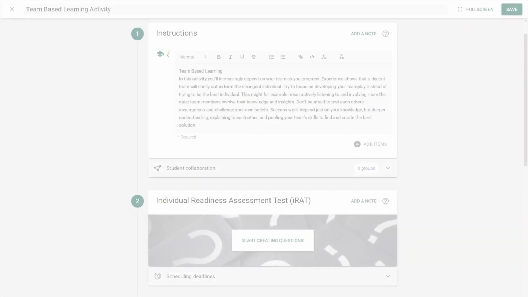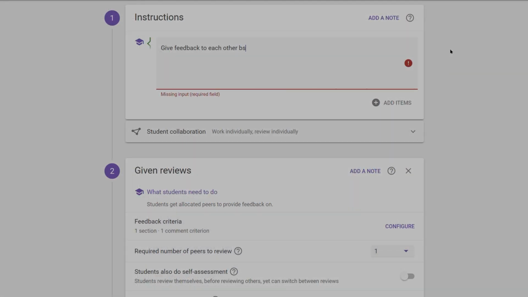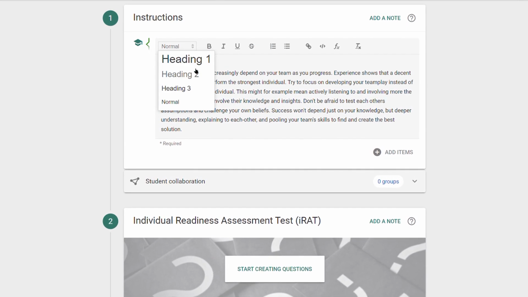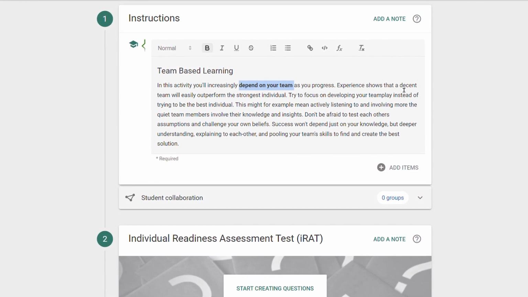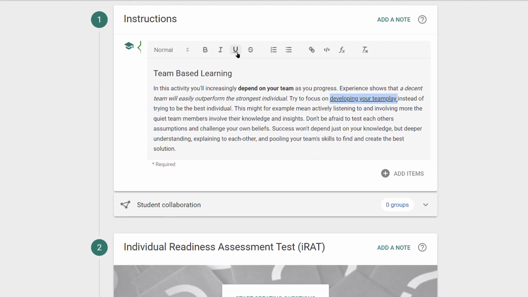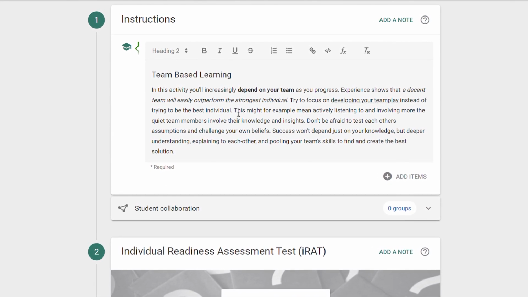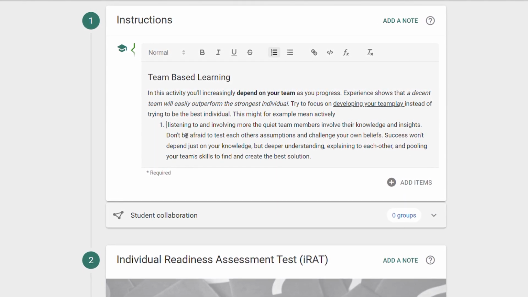For the next item, you'll probably come across this one pretty quickly. A new text editor has made its way into instruction fields, discussion tasks, and topics. While previously we used Markdown and LaTeX to give some control over formatting, we now have a much more accessible and intuitive interface giving access to the most common formatting options like headings, emphasis, indentation, and more. This affords more flexibility in how you present text and can make activities look and feel a bit more aesthetically